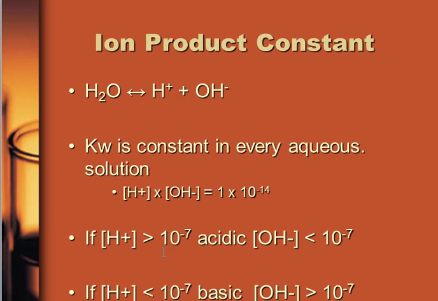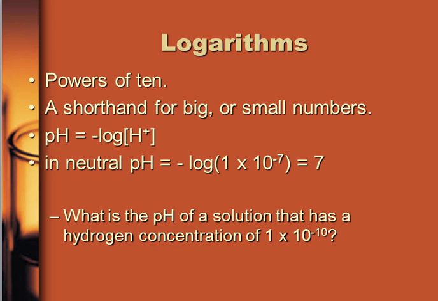So we should know that if there's more hydrogens, you're going to be more acidic, and if you're more basic, you're going to have more hydroxides. We talked about the fact that pH is based on logarithms which have a base of 10. So every time you move on the pH scale, you're not changing by a value of 1, you're changing by a factor of 10. If you go down the pH scale, becoming more acidic, you're increasing by a factor of 10 every time you move, like so, 10 times 10 times 10. Every place you move towards increasing hydrogen ions, you're decreasing hydroxides. When you go up the pH scale, every place you move, you would multiply by 10, increasing the amount of